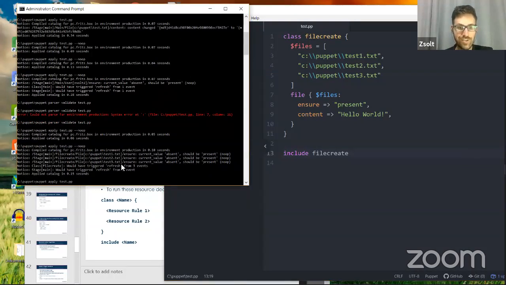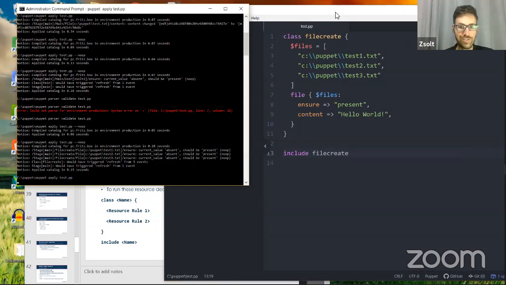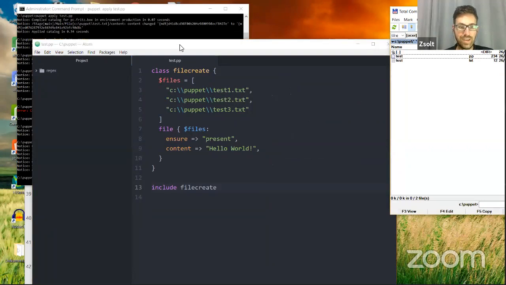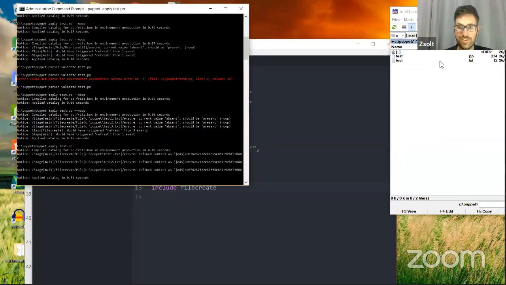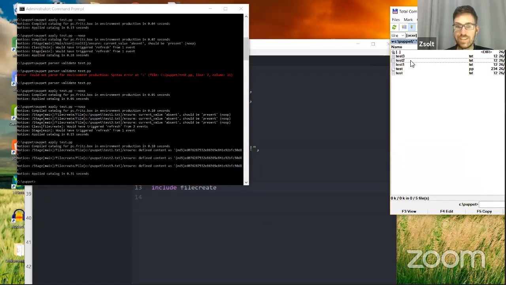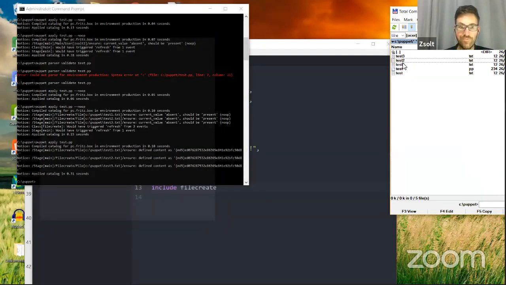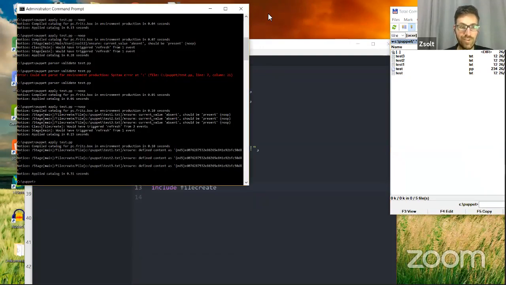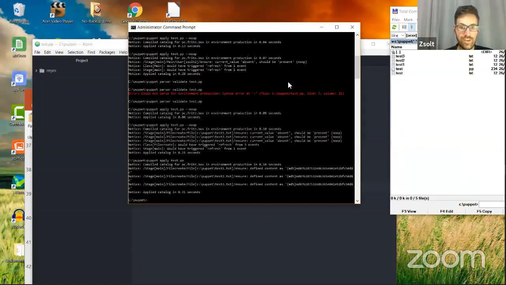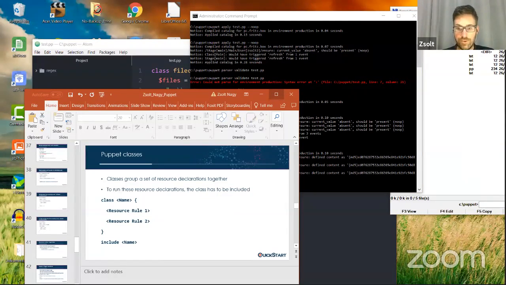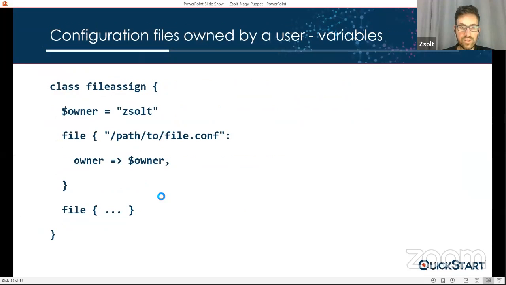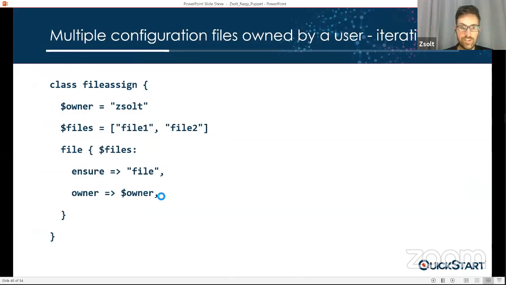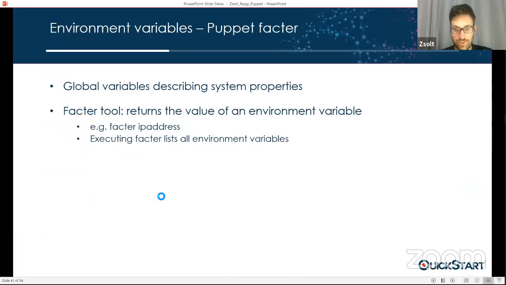And if you execute the changes, you will see the files created relatively soon. So the tests are going to be executed in here. Yes. And the 3 test files are there with the content hello world. There you go. So that's one update that's worth noting. So I'm saving some time. So file assign problem is already something that we discussed.